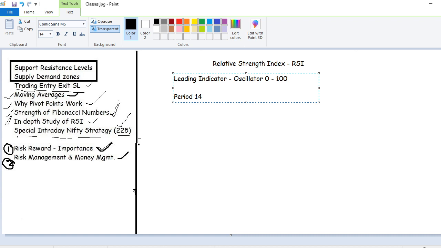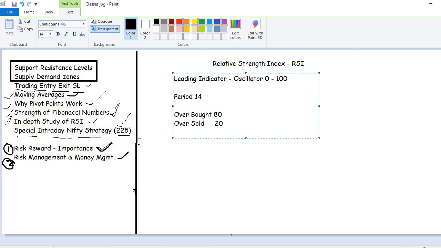A few people change it to RSI 3, that means they change the period to 3, and a few change it to 5, a few change it to 11. Everything works depending on their strategy. But let's keep it simple. Let's look at the default values. RSI, the period is 14, and the other two important aspects are the overbought and oversold zones. The overbought level is 80, the oversold level is 20.